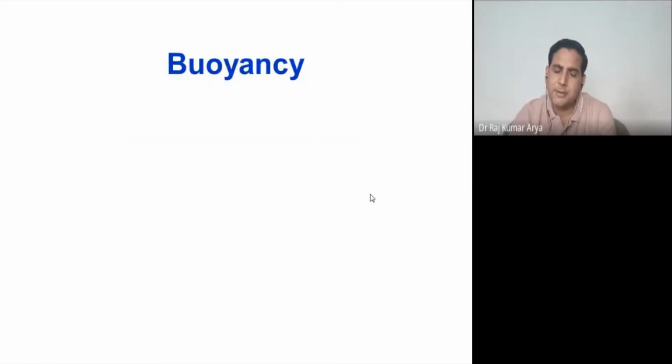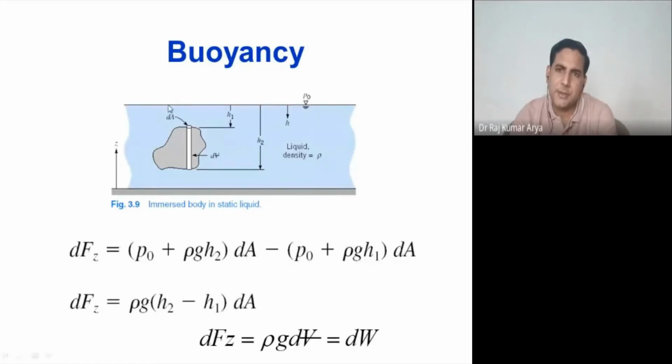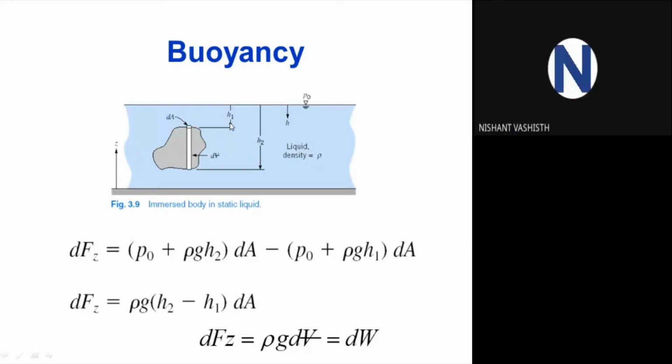So let's say this is your fluid, and inside it there is a body at some distance h1 down from the top surface, and h2 from the bottom part also. In that case, we want to calculate what the buoyancy force on that body should be. As you know, pressure is only a function of height and it acts in all directions with equal magnitude. So the pressure at this particular point would be rho g h1. Yes or no? Yes, sir.